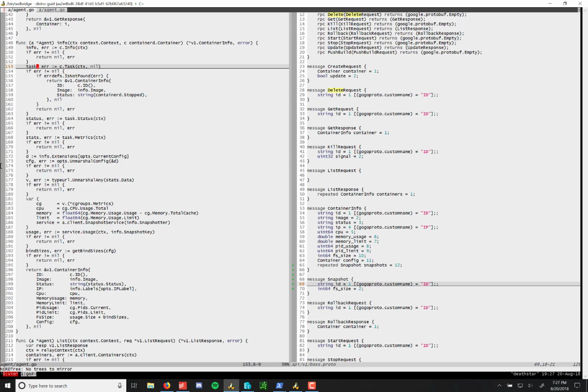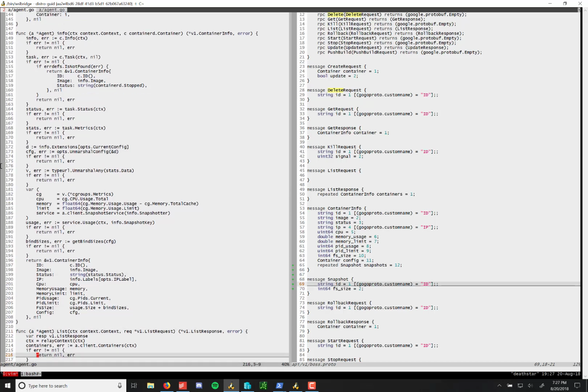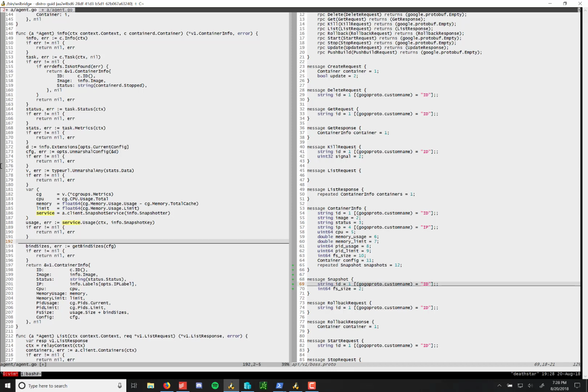Alright, and then there is an info command here in the agent where we're gonna need to grab this snapshot info. So we already have a snapshot service here, I think. Yeah. And we're getting 1 snapshot. So this is kind of current usage. We'll do a walk and build out the rest of these snapshots. So